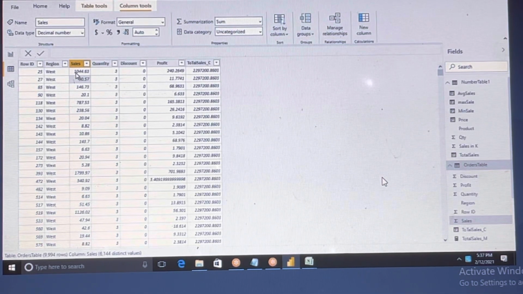Suppose total sales into quantity is total sales, for example. If you want to do that, then you can go with a new column. If you want to do aggregation at the column level, then you will go with a new measure, right?